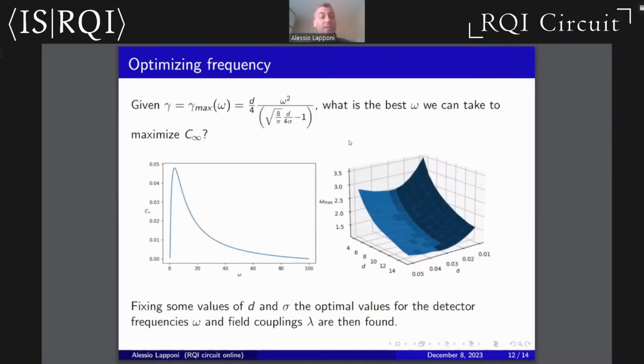Is there also an optimizing energy gap, so an optimizing frequency for the detectors to maximize the classical capacity? The answer is yes. In this 3D plot, by numerical calculation, I have found several values for the optimizing frequency, so for the optimizing energy gap, for different detector setups, so for different distances between the detectors and for different sizes of them. So basically the conclusion is that fixing some values of the distance and effective size of the detectors, it is possible to find values for the energy gap and the coupling that optimize the